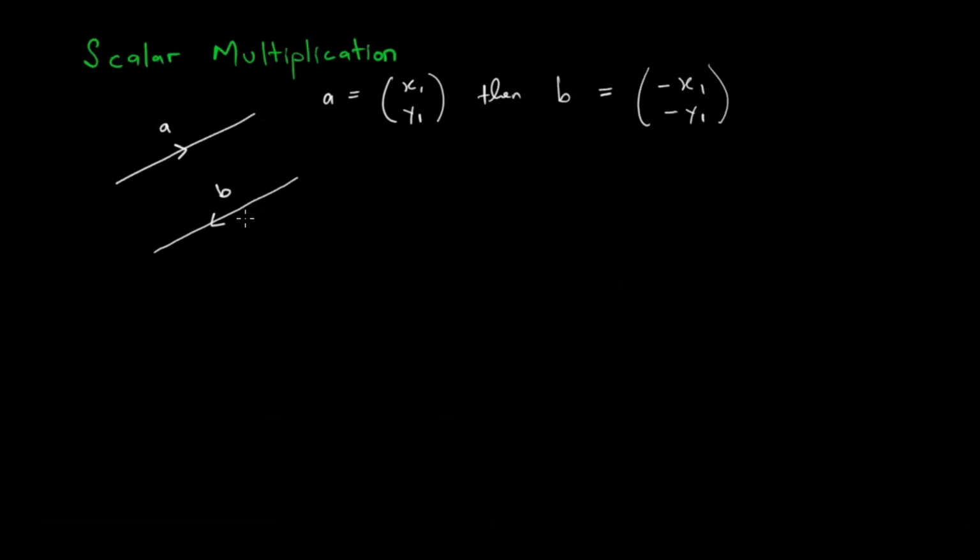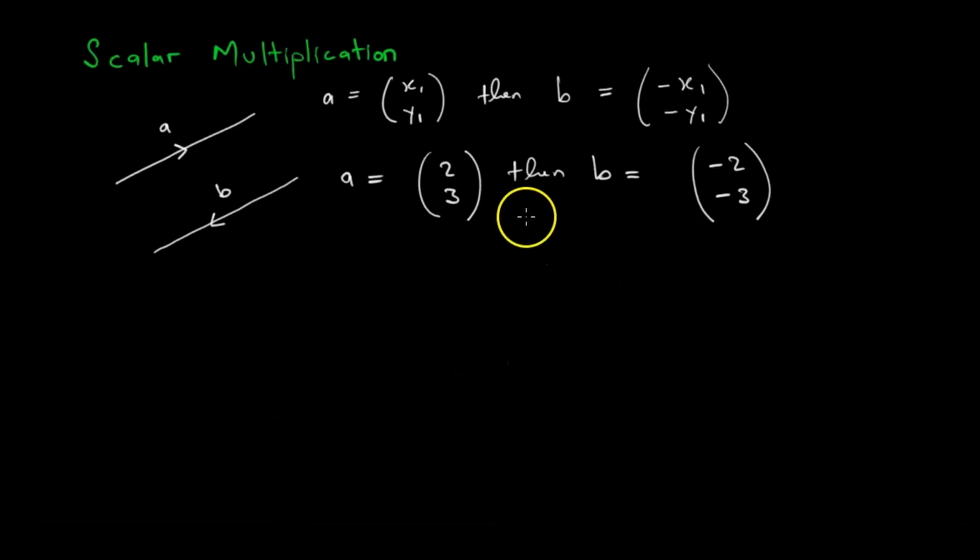So the way we put this, it will be easier kana tikashandisa a real example. So let us say kuti A iri equal to 2, 3. Zvinoreva kuti B inenge iri equal to chii? Minus 2, minus 3. So takati tinopinda mukati mevector, then we change the arithmetic sign of every number inside the vector. So we had 2 as a positive panapa, pana B we have 2 as a negative. We had 3 as a positive panapa, pana B we have 3 as a negative.